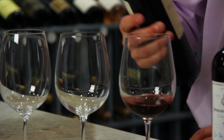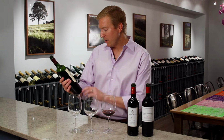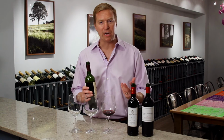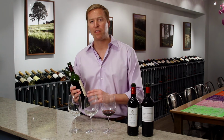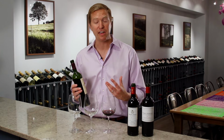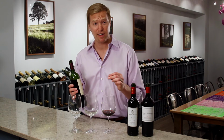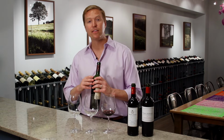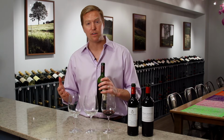It also tells me a little something that might be somewhat more subtle. The first is that it actually says something more than Chile. It mentions a very small, very specific wine growing region. And once you get to know wine, and once you are able to examine it a little bit more closely, you'll notice that this is not one of the big primary wine growing regions of Chile. So the winemaker here has made the specific choice of mentioning this very tiny, very small appellation within Chile. And that is a specific choice to say this wine has specific qualities that are different than other Cabernet Sauvignons that you will receive